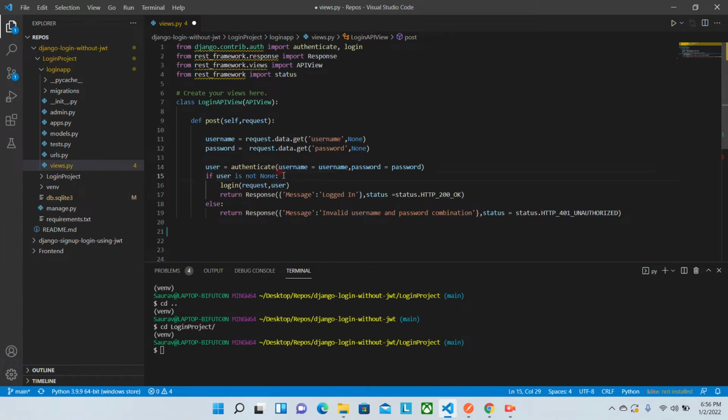After the user is there, we'll try to log in. This login is also an inbuilt function of Django. It takes two parameters: one is the request and the other is the user that we got from calling the authenticate method. After taking these two parameters, it will create a session and send a session ID in the form of a cookie to the front end along with the response. Over here we are sending a response with the message logged in with a status code of 200. Okay, so over here I am running the